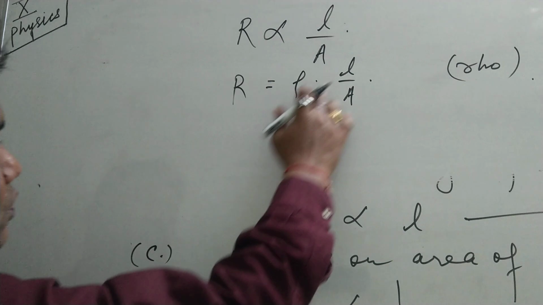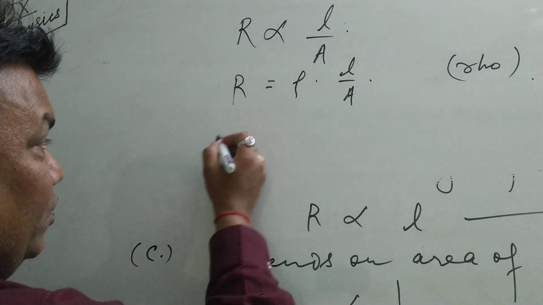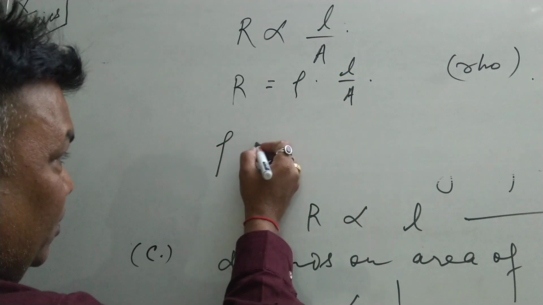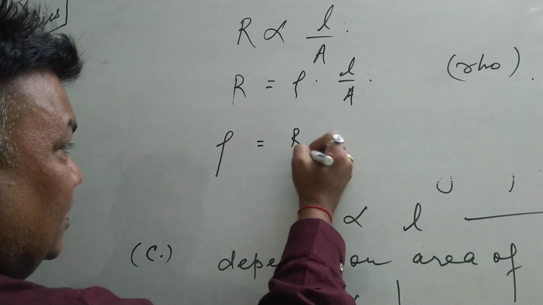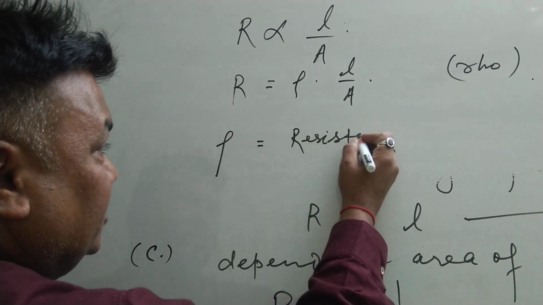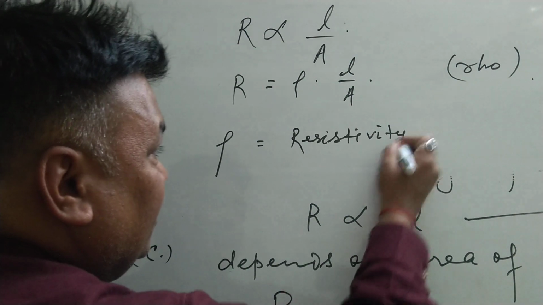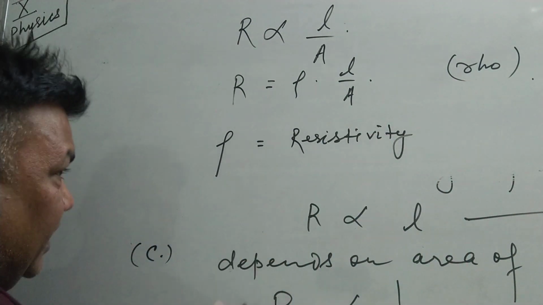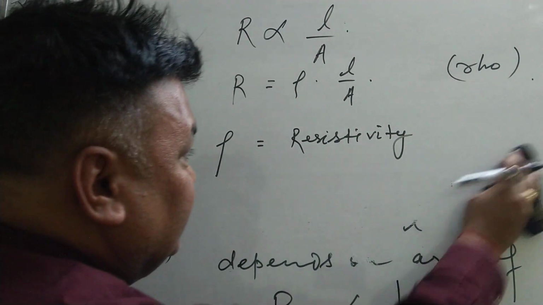So R is equal to rho L upon A, where rho is what? Rho is resistivity, and its SI unit is